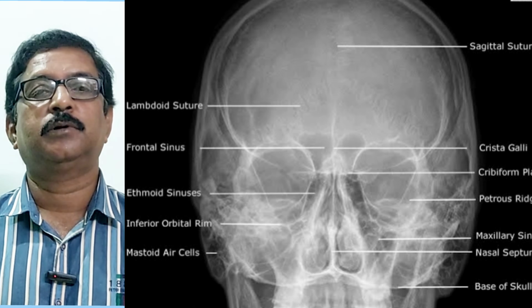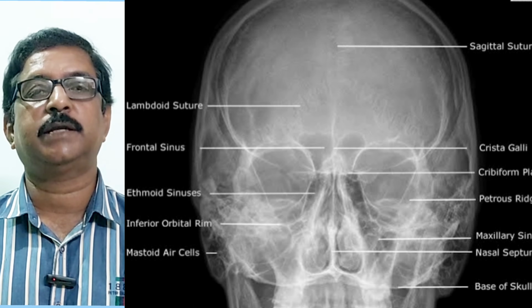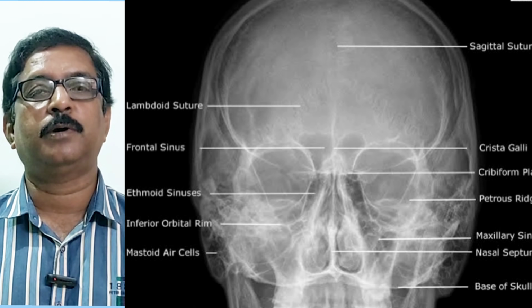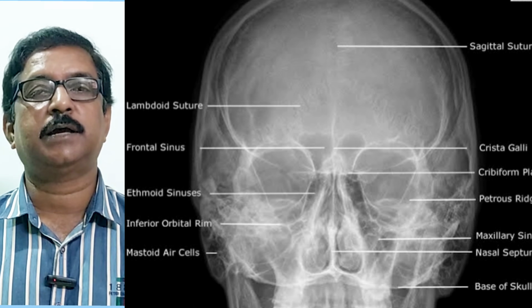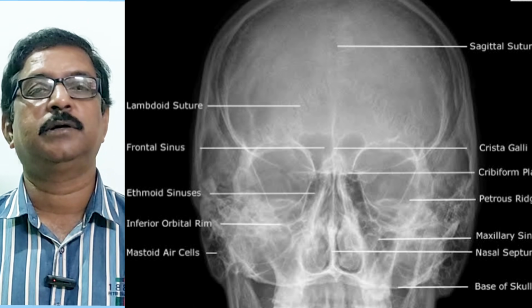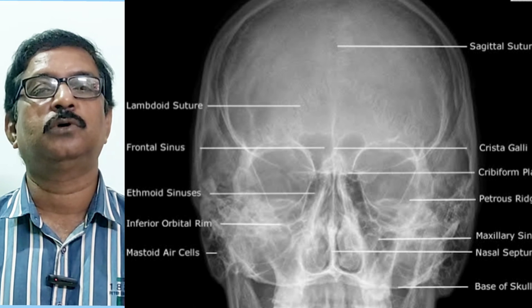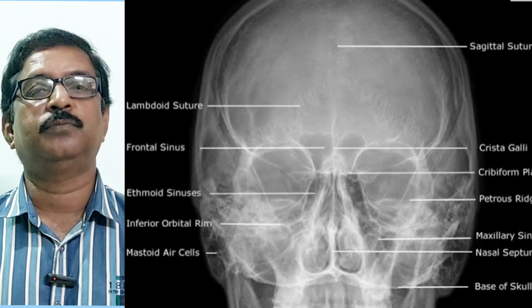In this particular X-ray, you see the sagittal suture, you can see the frontal air sinuses on both sides above the medial part of the orbital cavity, and below which are the two orbital cavities, one on each side, which contain the eyeball, and you can see in the midline the nasal cavity, which is divided by the nasal septum, which is a radio opaque area, and then we can see infralaterally of the nasal cavity the maxillary air sinus, one on each side, and we can see also some other radio opaque areas in this view of the